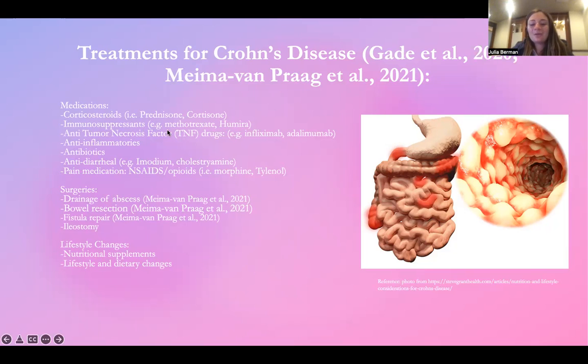Immunosuppressants are often used in the treatment of Crohn's. Some examples include methotrexate, which is actually a chemotherapy drug, but it's often given in smaller doses to Crohn's patients to sort of suppress the immune system. And Humira, which is an injectable therapy which suppresses the immune system. And anti-tumor necrosis factor, or TNF. TNFs are basically a factor which causes, when elevated, such as in Crohn's, the immune system to essentially attack